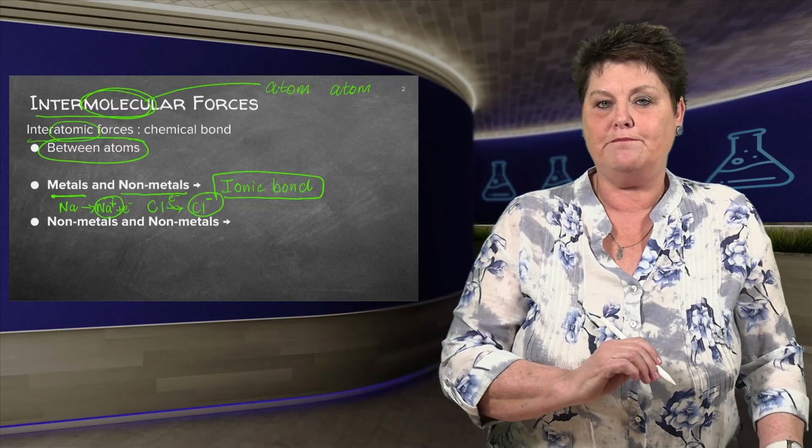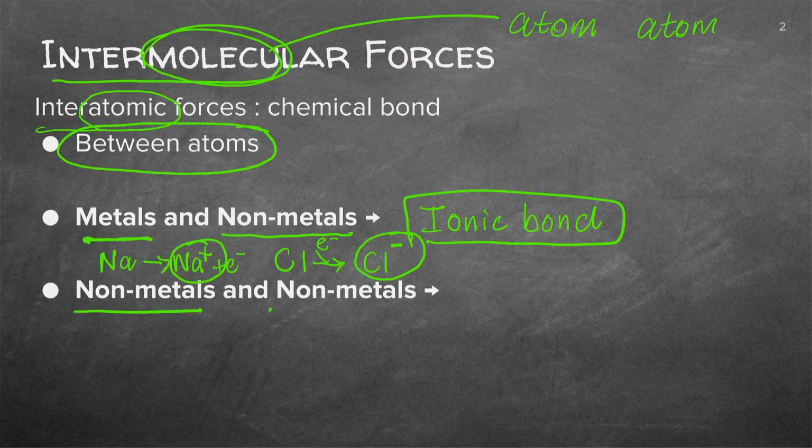There's a different bond between a non-metal and another non-metal. Remember, we did Lewis structures. So let's say we've got oxygen. It's got two full pairs of electrons and two single electrons. So if I have something like hydrogen, which you are very acquainted with, with one electron, it will form a shared pair. And this shared pair, guys, is called a